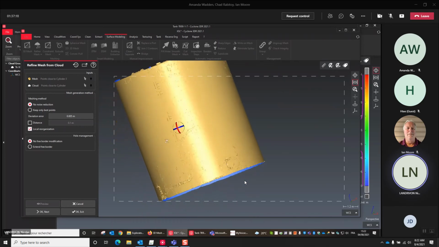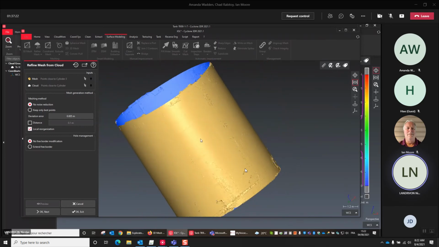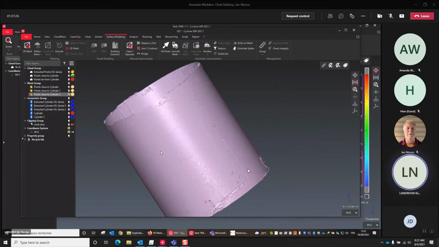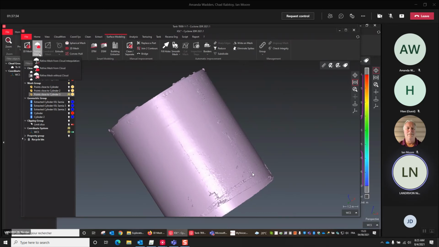And from that, perhaps you have enough details on the first mesh to say, okay, we'll select this mesh, and this one, and refine mesh.